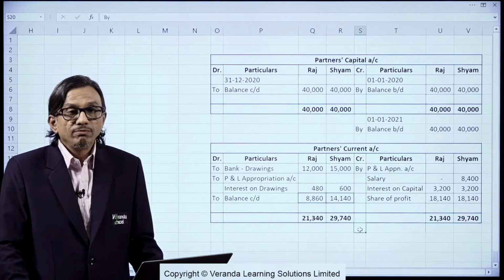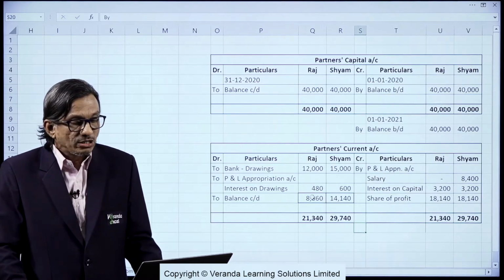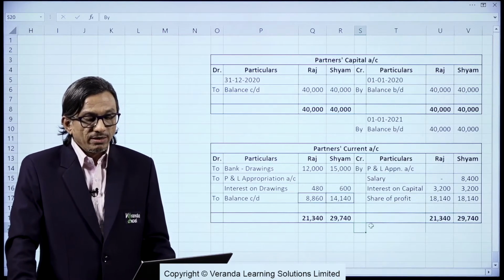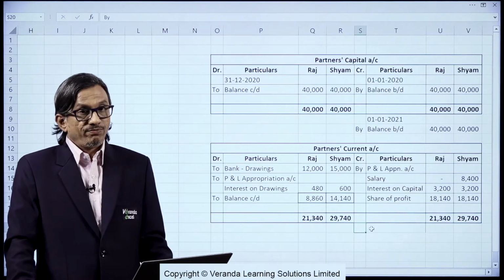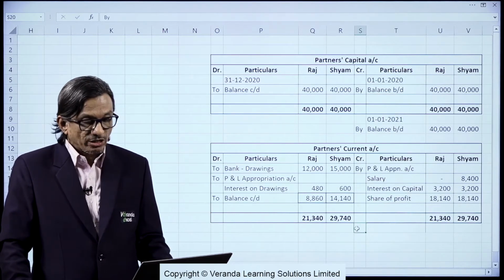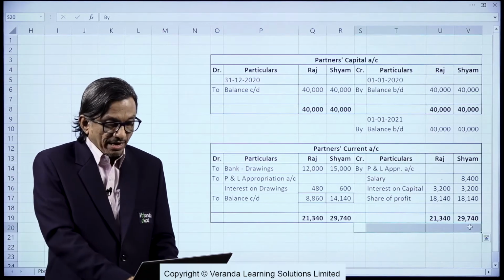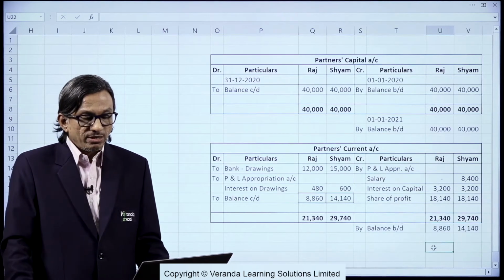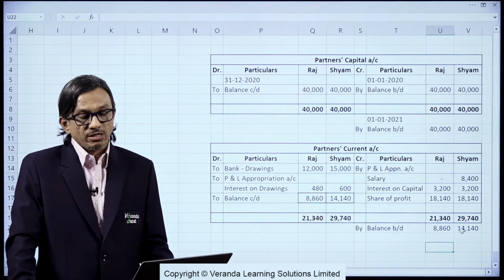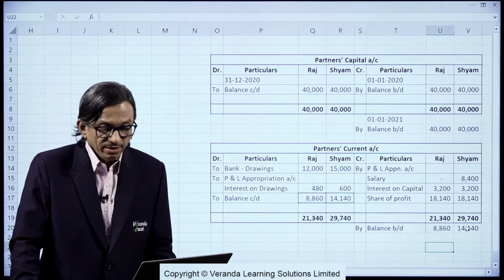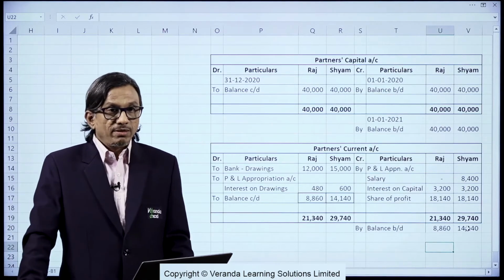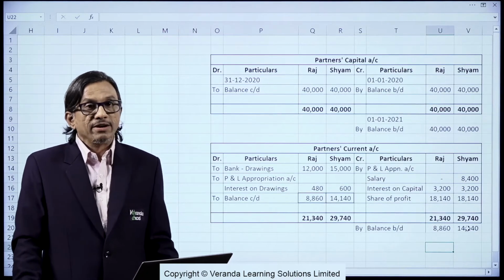So therefore, the current account balance of Raj is 8,860, Shyam is 14,140. That will be taken to next year. So what is the balance next year? You put it as by balance brought down: 8,860 for Mr. Raj, 14,140 for Mr. Shyam. So friends, in this problem, we have prepared the P&L appropriation account where we have accounted for partner salary,